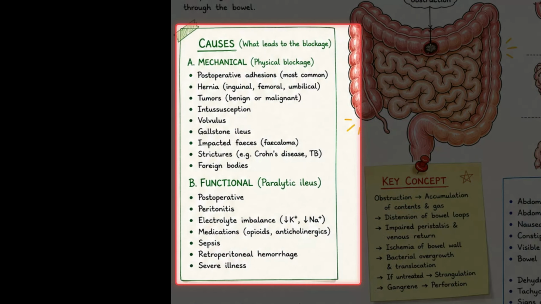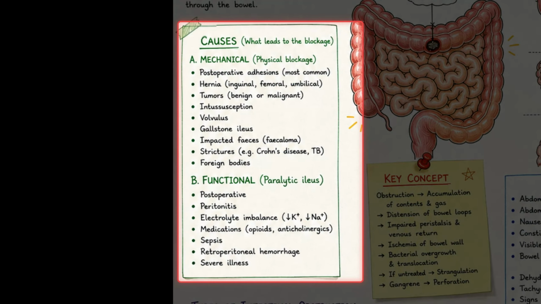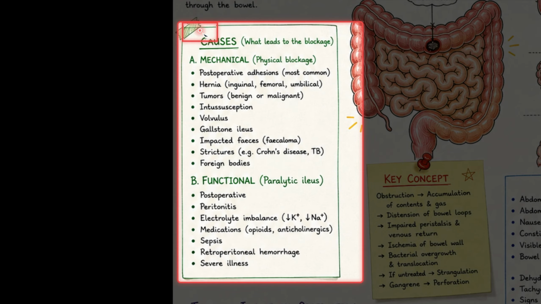We must separate etiology into two major pathophysiological categories: mechanical obstruction versus functional paralytic ileus. Mechanical causes involve a true physical barrier impeding flow. The single most common cause of mechanical small bowel obstruction in post-surgical patients is postoperative adhesions. Fibrous bands of scar tissue form after abdominal surgery and can pinch or entrap bowel loops. Other critical mechanical causes include external or internal hernias, where bowel incarcerates within an anatomical defect, benign or malignant neoplastic